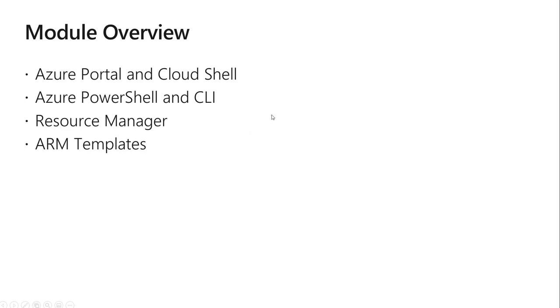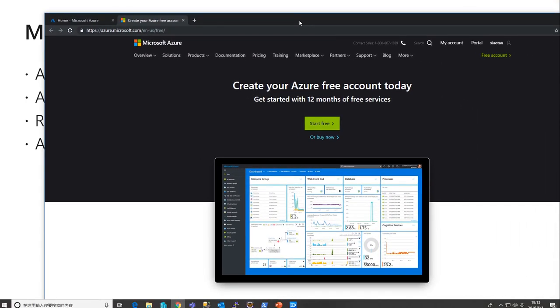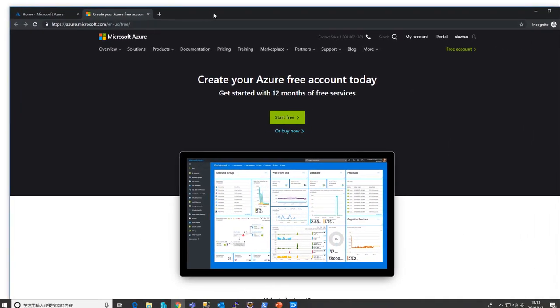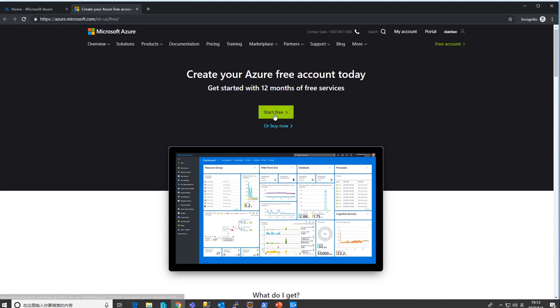Okay, before we get started, if you do not have an Azure subscription, I highly suggest you start a free trial. You can go to azure.microsoft.com on this web page. You can see there's a start free button you can click. It registers your account, and I think for the first 30 days you have